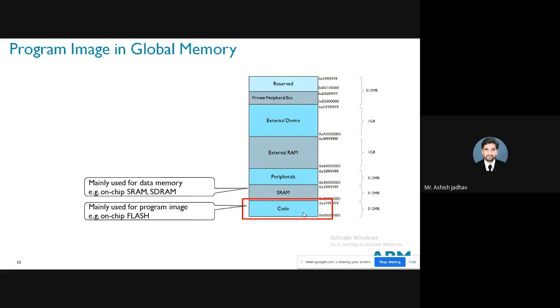Again, we have 512 MB assigned for peripherals, then 1 GB for external RAM, and 1 GB for external devices, and 512 MB reserved for private peripherals, right? So we have discussed those memory partitions in a code memory, or we can say memory organization, right? So this is the memory allocation.